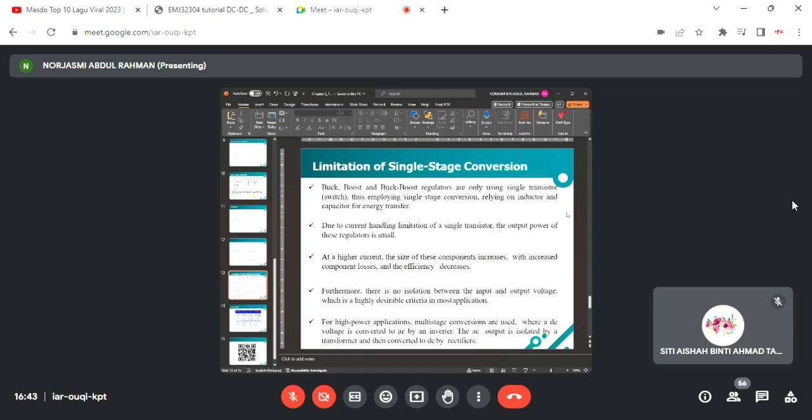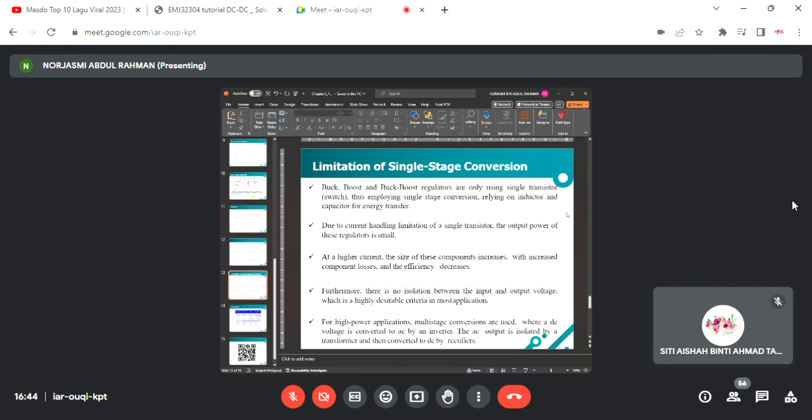For high power applications, multi-stage conversion is used, where a DC voltage is converted to AC by an inverter, and the AC output is isolated by a transformer, then converted to DC by a rectifier. This is multi-stage, which means that you have stage one and stage two. This is mostly used in the frequency converter, where the AC is transformed into DC and transformed back into AC, or DC is transformed into AC and transformed back into DC. Because